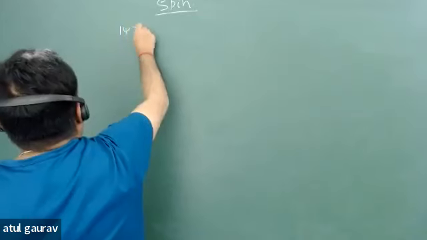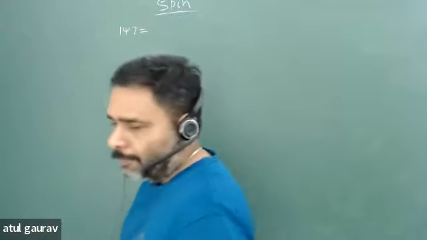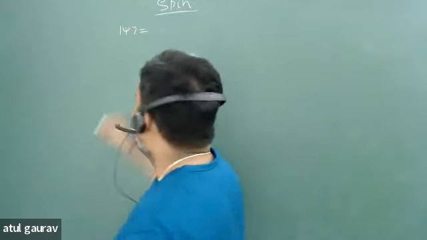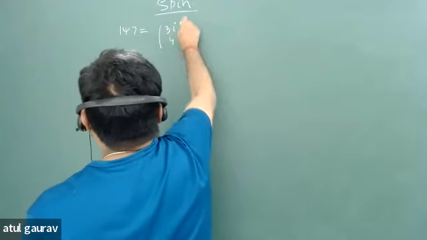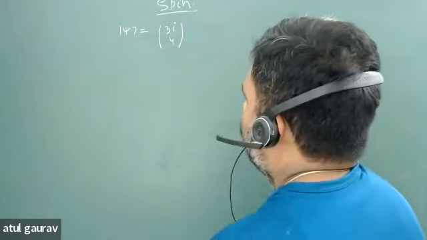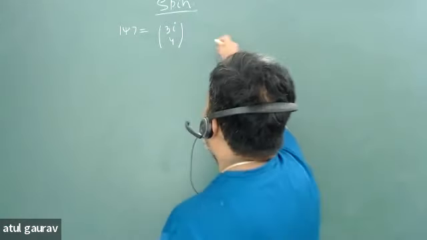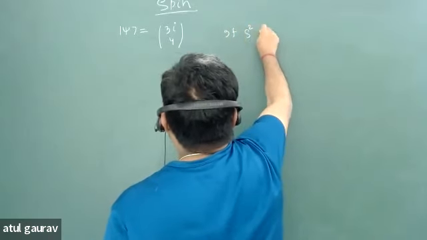A state psi, for a spin half particle, is given as (3i, 4). This is the state of the system for the spin half particle. Then if S square is measured,